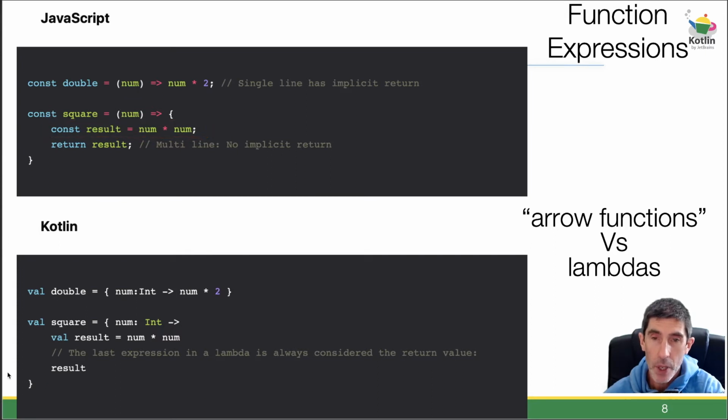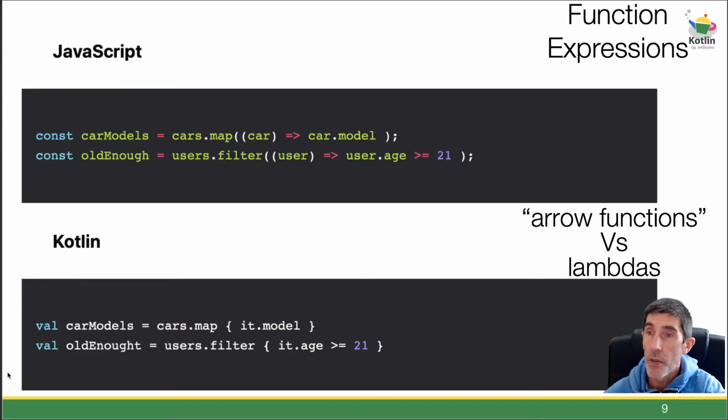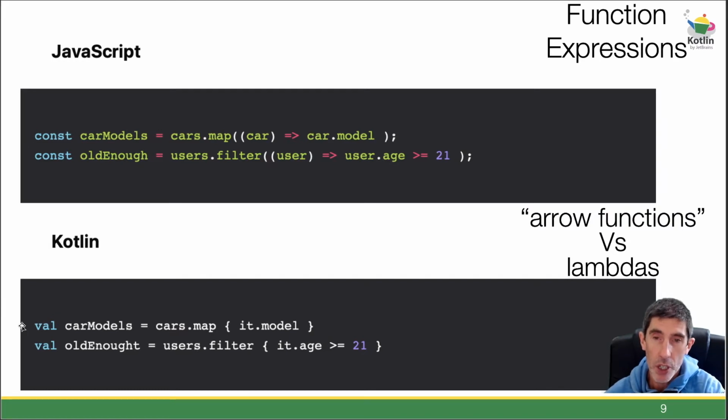Okay. In terms of a little bit more about those function expressions, right? And this is where the it single parameter comes into play. So it's very common that a lambda expression has only one parameter. Okay, as a convenience, Kotlin gives special treatment to this situation and automatically declares a single parameter under the name it. So to look at two examples here,